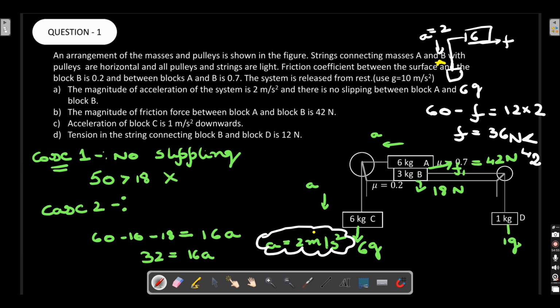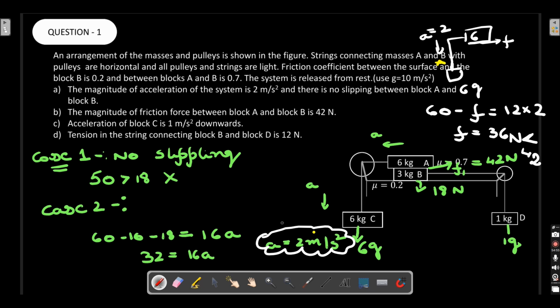So listen, once you find case 1 there is no slipping, which, of course, is not possible, you need to have slipping definitely. In case 2 you have found the common acceleration, and then you are verifying whether the situation is right or wrong. This happens in all the 2 steps, okay? So since you got it in the second step itself, whatever you have done is right. So you need not worry.